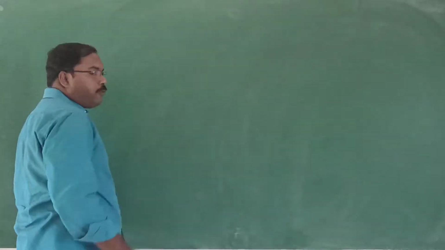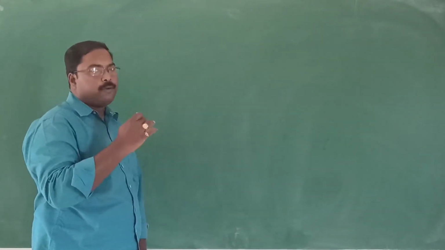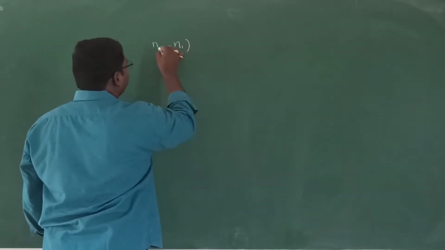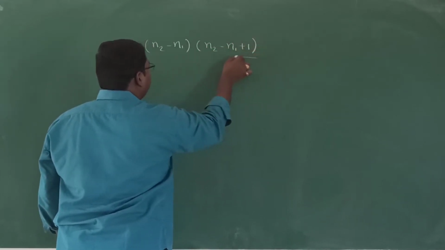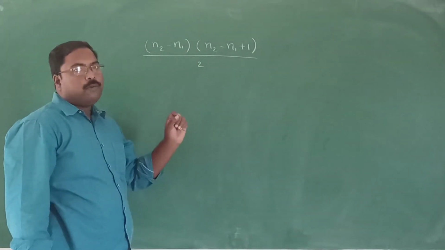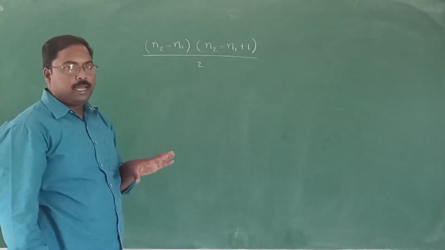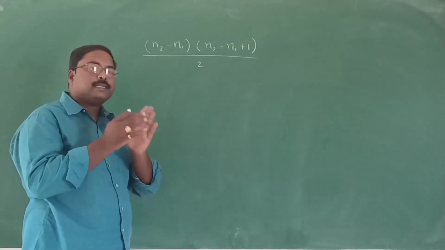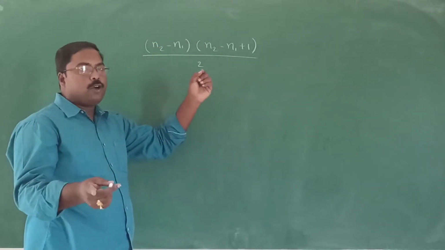What formula did we discuss there? When the electron is jumping from any higher energy level to any lower level, the formula is n2 minus n1 into n2 minus n1 plus 1, divided by 2. We use this formula when the electron is jumping from any higher level to any lower level. To make the formula easier, when they ask a question where the electron is jumping from any higher level to the first orbit,